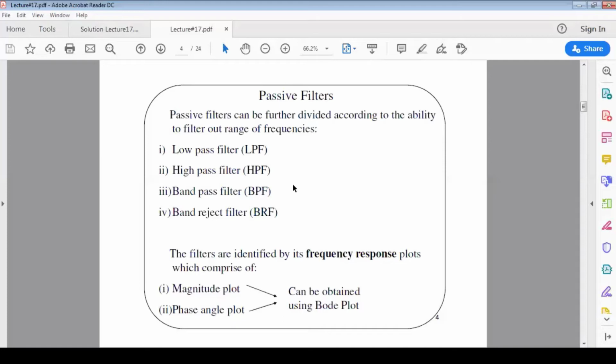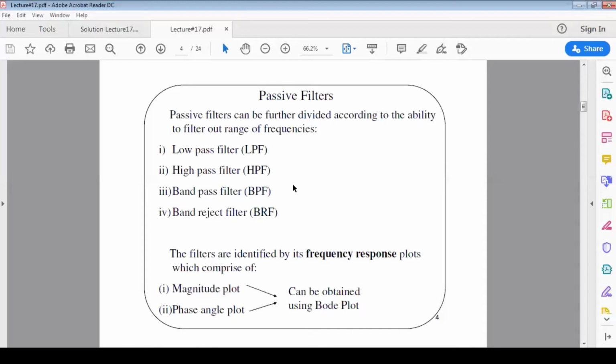Yeah, so our emphasis will be only on the low pass filter and the high pass filter, because we are going to cover only the first order type of filters. Yeah, so the first order filters can be obtained in the low pass and the high pass filters. Yeah, so that should be the minimum order that low pass and high pass filters can have. Okay,